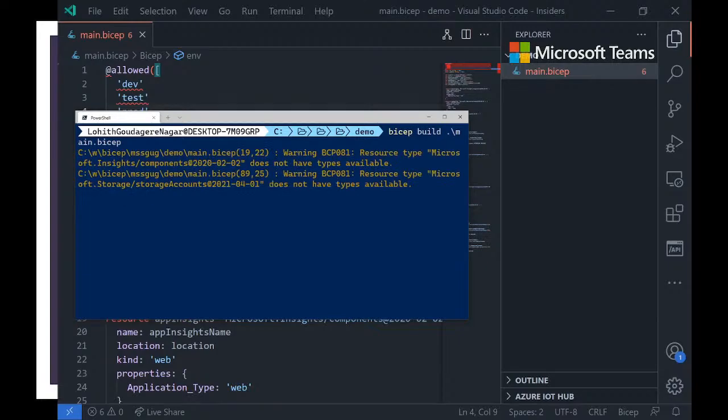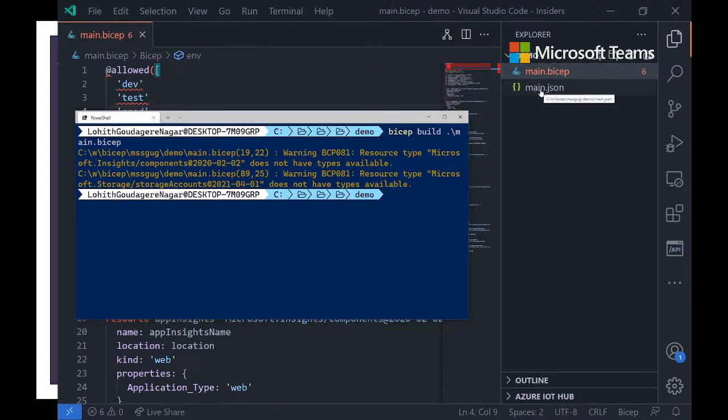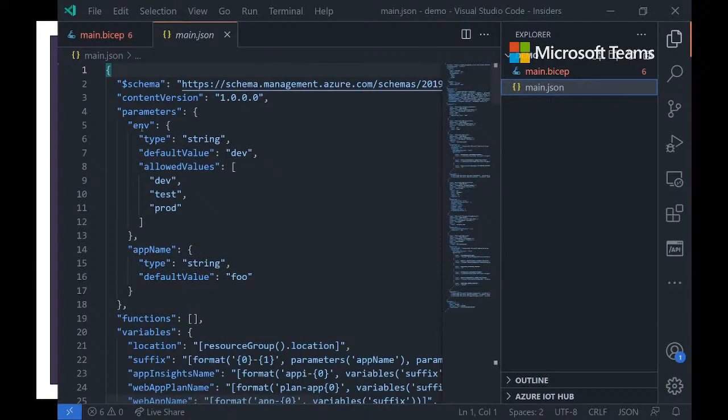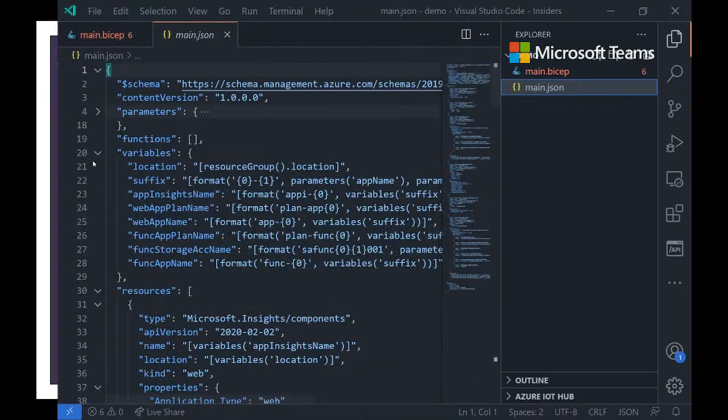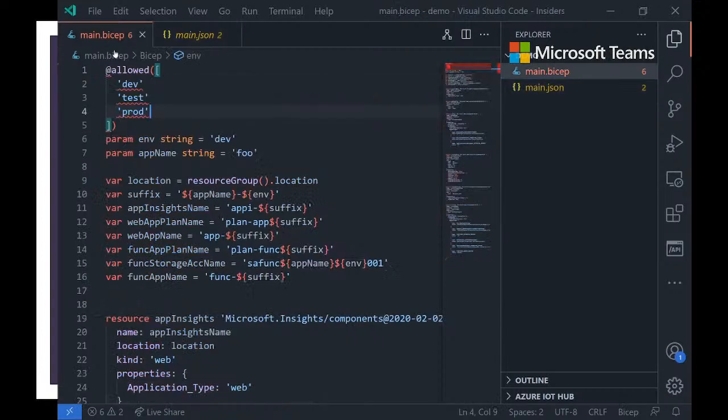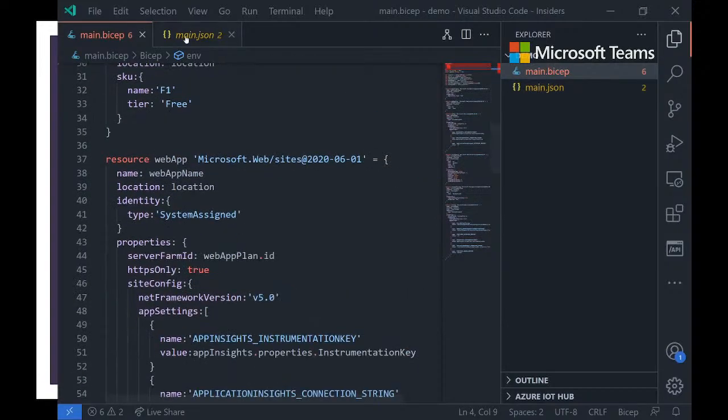Don't worry about the warning. There is nothing. Notice here, I now have main.json. Well, what is a main.json? Well, this is the ARM JSON template that Bicep spits out. It's called transpilation. I take a DSL and I convert it into a JSON. Exactly whatever I write here, in a human readable, maintainable format, is converted into a JSON, which I don't need